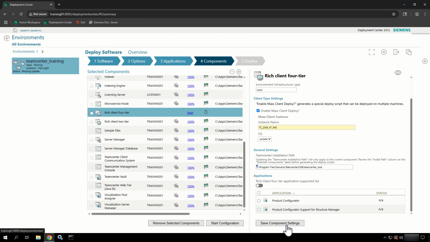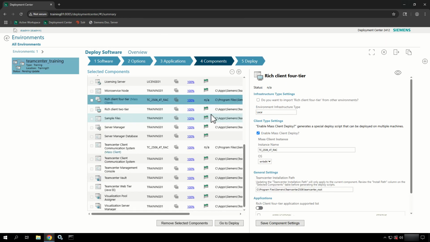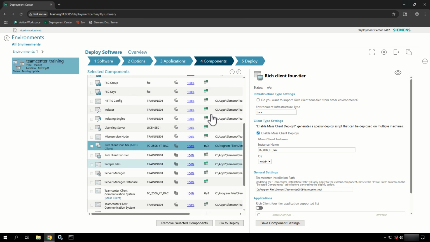So at this point, I should have a 100% on the rich client, the 4-tier. So you'll see that load up here in a second, and then I can generate the build. And then we'll take a look at the build. We'll see how it's a little bit different, how it's the same. You can see it already looks a little different here in the interface. Because it's a mass client deploy, it's got the ID of this object, and then you've got the status, what type of operating system,